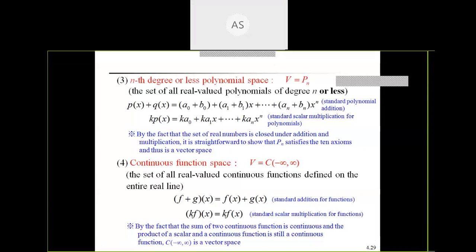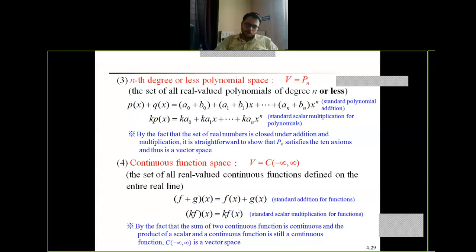You know why we again and again perform only two operations? Because to call any space a vector space, we have to perform two operations and check whether the given space is closed under those two operations or not. First one is addition and second one is scalar multiplication. So here we perform p of x plus q of x. Let's say p of x has coefficients a naught, a1, a2, a3, and q of x has coefficients b naught, b1 up to bn.